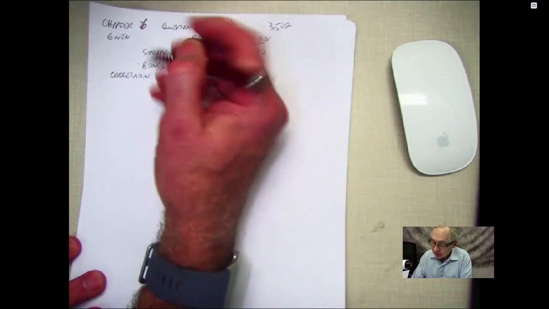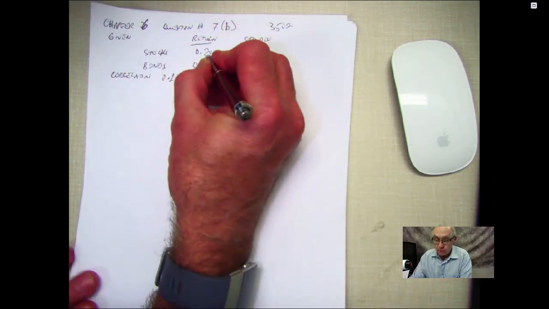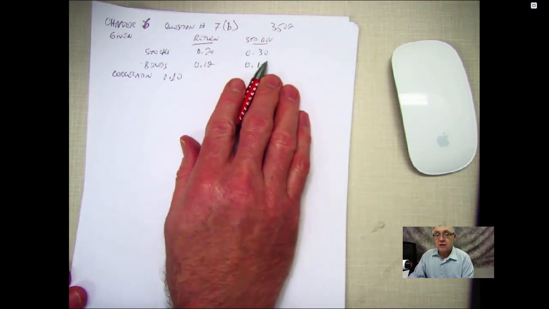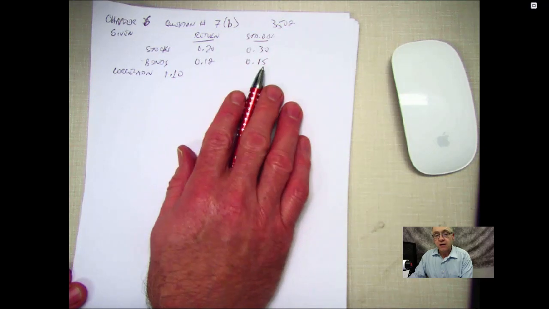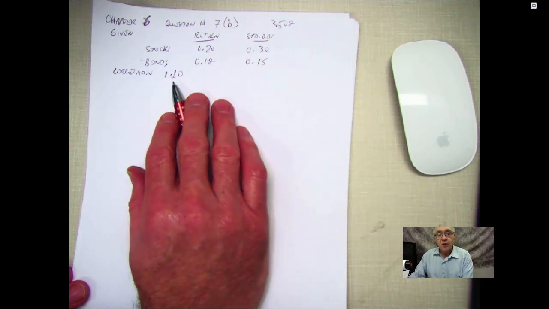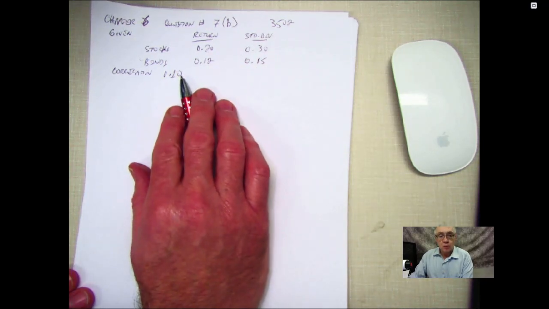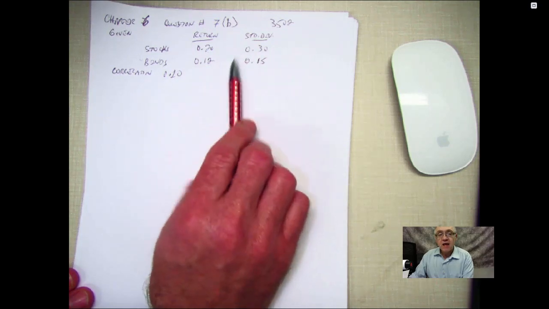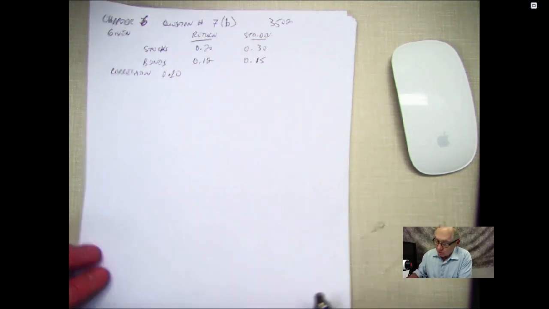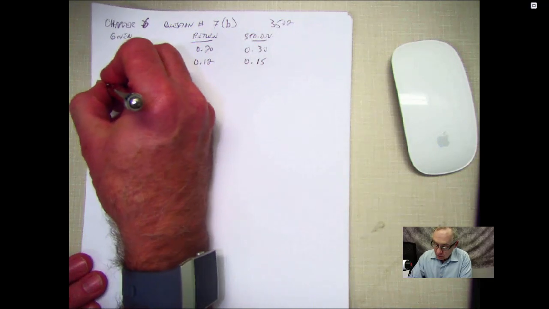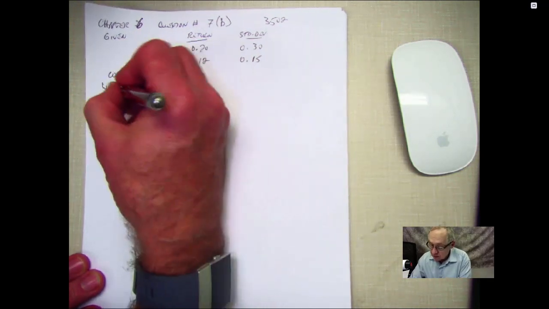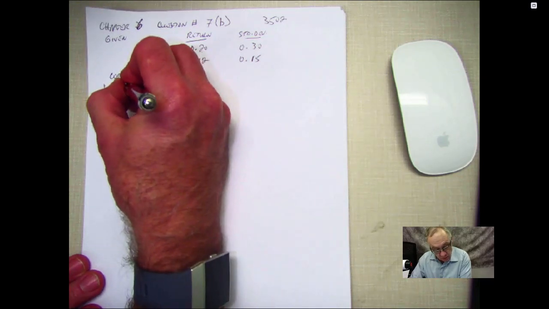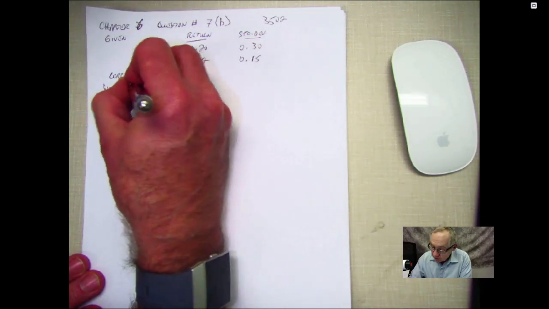Stocks are expected to have a return of 20% with a standard deviation of 0.3. Bonds are expected to have a return of 12%, standard deviation of 0.15. The correlation between the two is 0.10. So in part A of question 7, we solved for the weights of the optimal portfolios, and we determined the weights for stocks should be